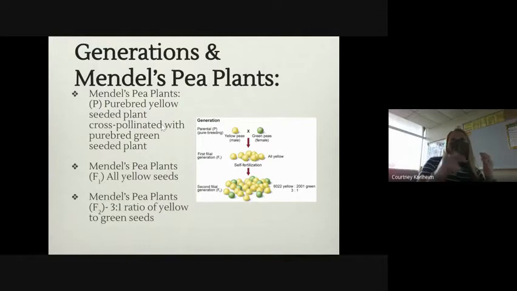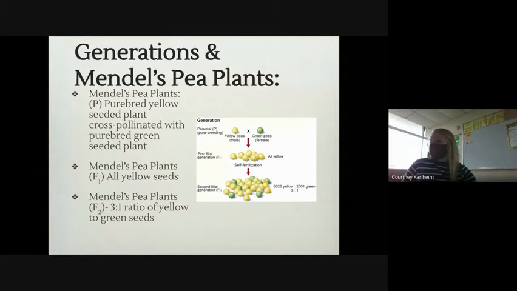So what he saw in terms of words and visually what he saw was that the purebred yellow-seeded plant was cross-pollinated with a purebred green-seeded plant. And remember, purebred just means they're always green or they're always yellow. And then in the F1 generation, so the first offspring generation, he saw that they were all yellow, and then he cross-pollinated all the yellow ones together, and he saw that they got a ratio of 3-to-1 yellow to green. So mostly yellow,